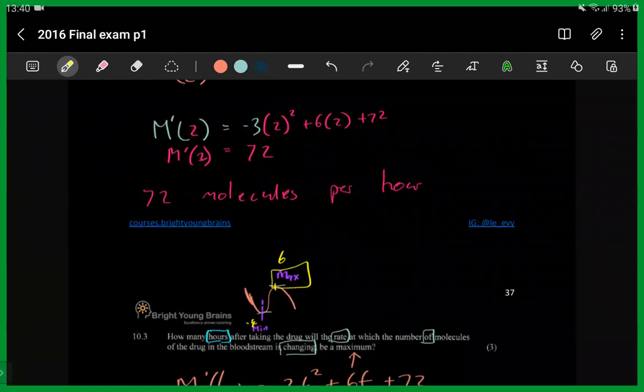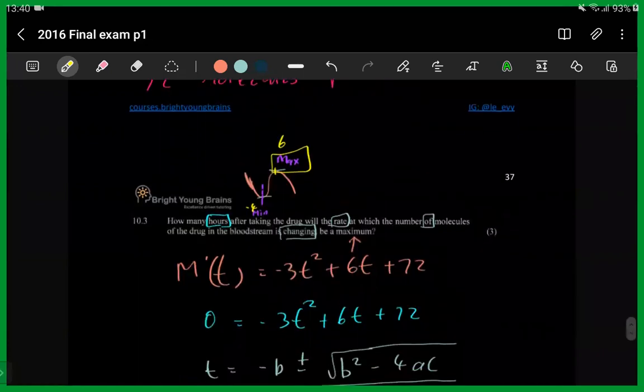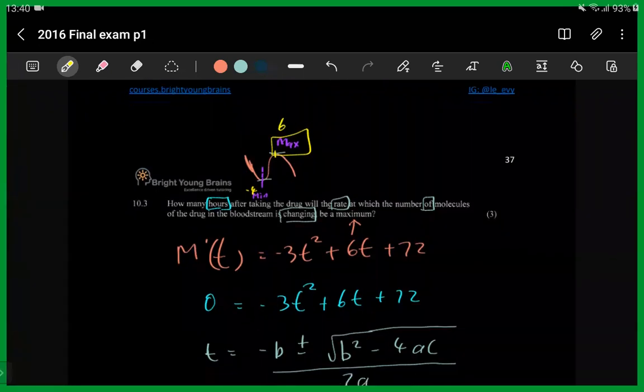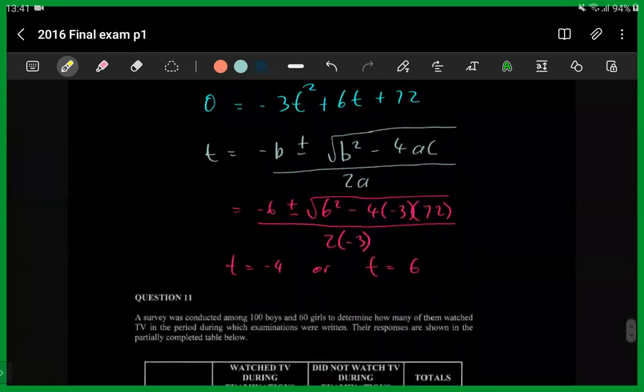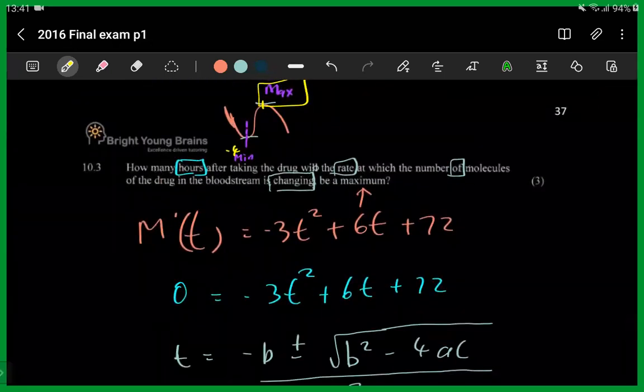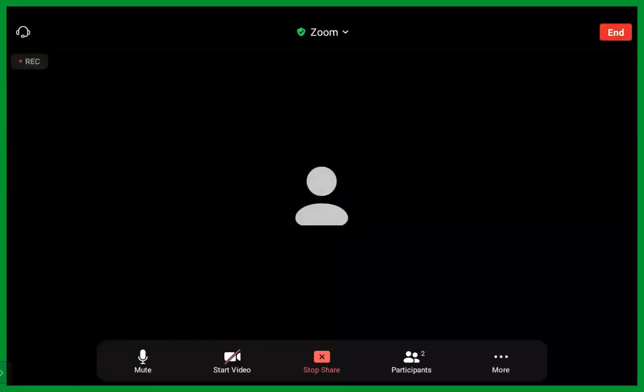You're going to say here, therefore. No. Hold on. Let's actually not. Wait. There's something wrong with this question. No, not something wrong with the question, there's something wrong with what we did. If you read again, it says, how many hours will it take for the rate of change of the molecules of the drug in the bloodstream to be a maximum? Okay, wait, hold on. I think there's